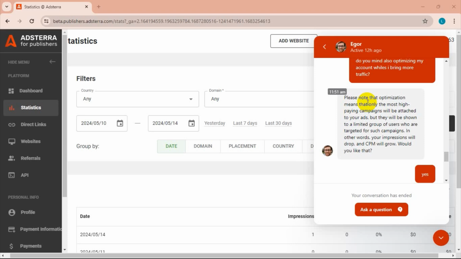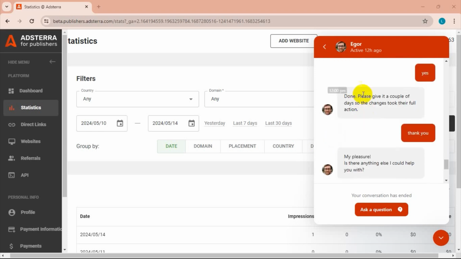So let's say somebody is in Africa, people in Africa always have a low CPM. If that person tries to tap on the link, they will not allow the person. You understand? They will only allow people with good offers, people who will give you high CPM. You understand? So I told them yes.